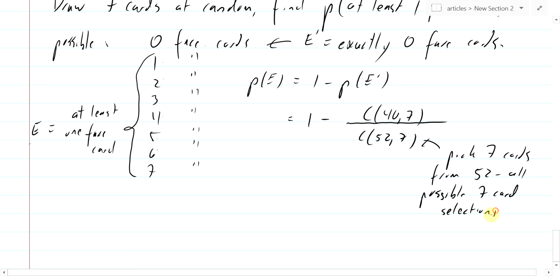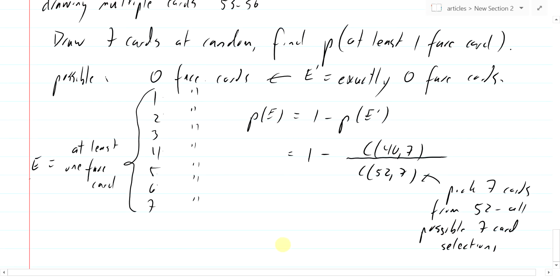So that's all possible 7 card selections, all possible 7 card hands. And then 12 face cards, so 40 cards that are not face cards. What's the desired number of outcomes that we want? We want 7 cards that are not face cards, so we choose 7 of 40. And then if you do the calculation,